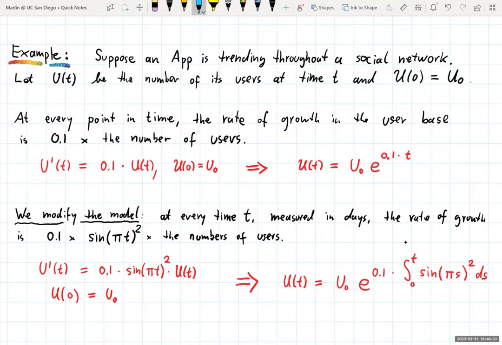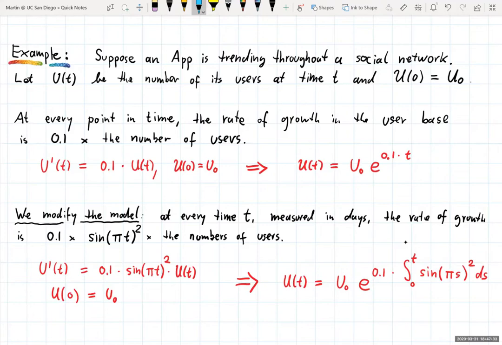Well, let's suppose that the growth of the user base changes throughout the day. So, for example, let's say we are only in one country, and you might assume that at midnight the growth of the user base is close to 0 because everybody's sleeping, supposedly. But at noon, when everybody is awake and people are sharing their stuff on social networks and sharing with their friends, hey, I have this cool app here. So there's a peak for daytime,